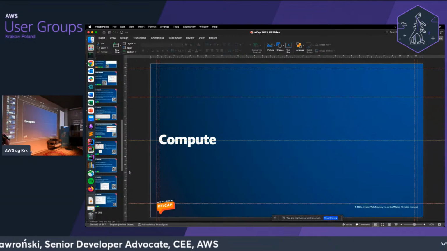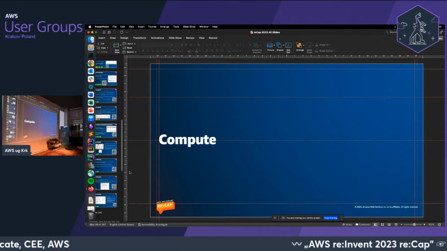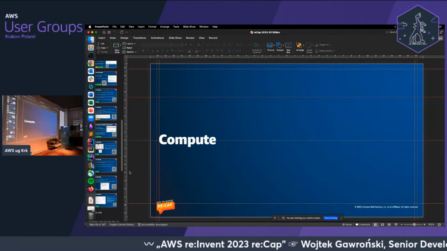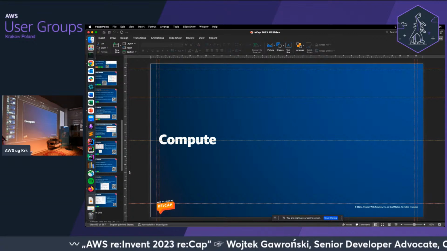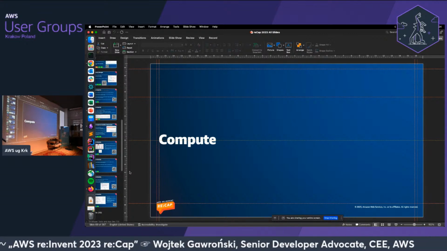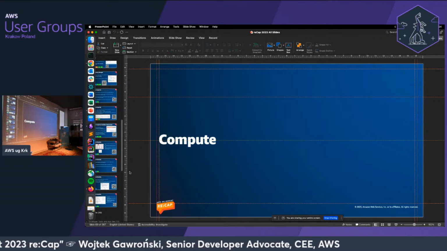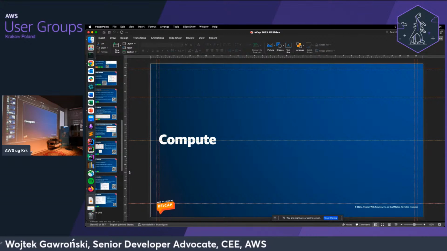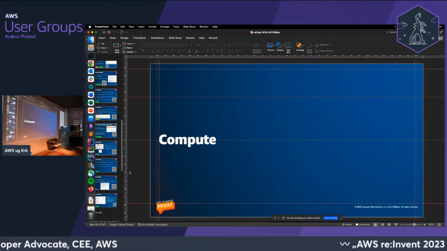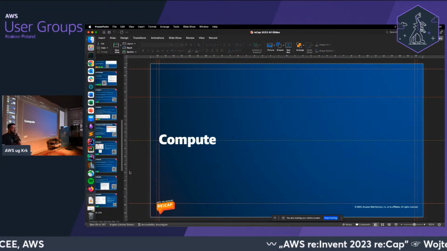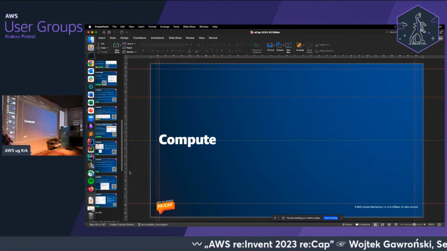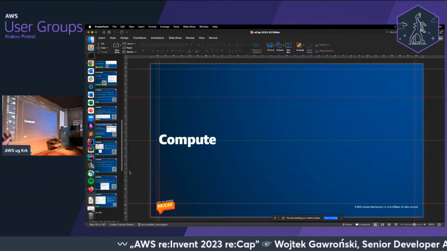Before re:Invent, there was one very important announcement about Amazon Verified Permissions. There is an update for both console and visualizations, and also another batch API that was missing in Verified Permissions. How many of you heard about Verified Permissions? Raise your hand. Okay, so this is a service that allows you to plug authorization seamlessly into your applications. So you don't have to code those authorization rules.